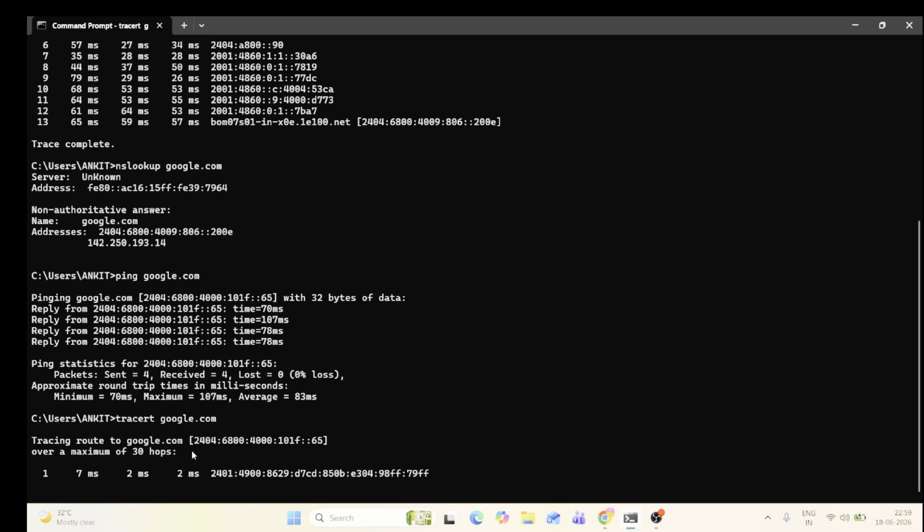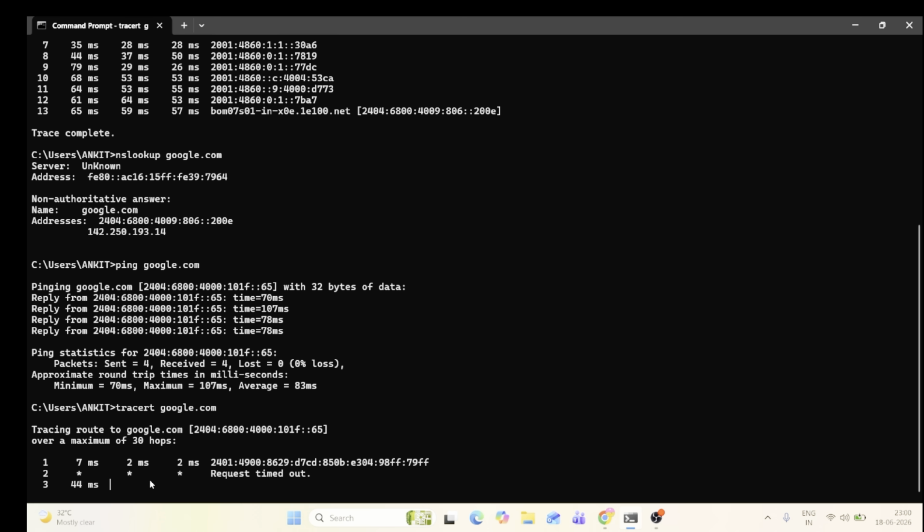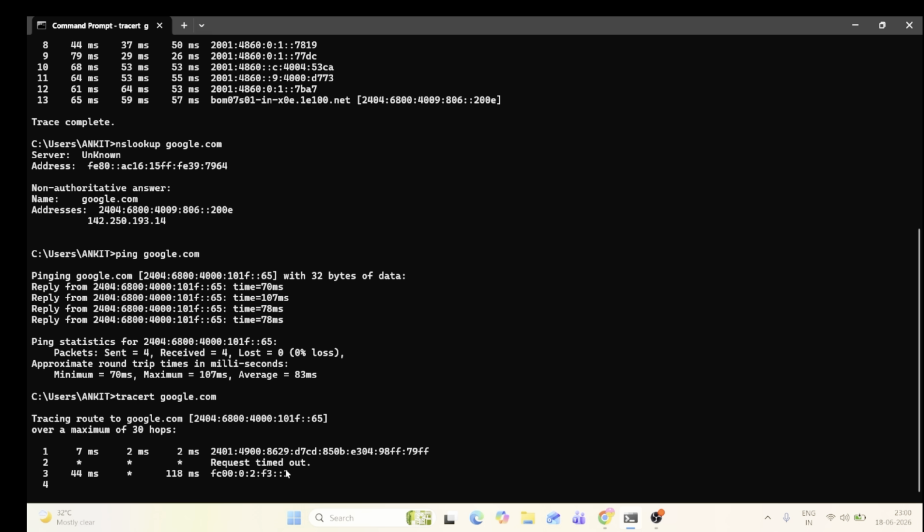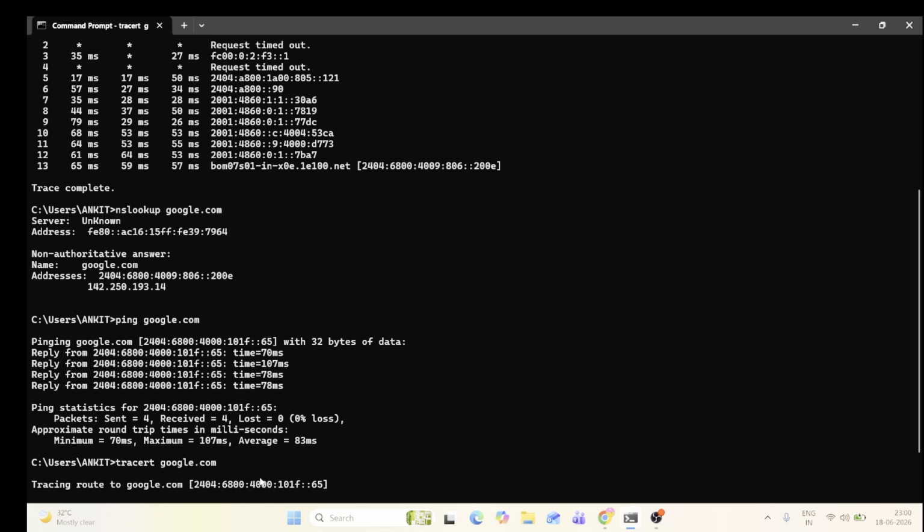It will give us the tracing route, showing how many hops we are taking. Like here 7 ms, 2 ms for this particular signal. Here it has mentioned request timeout. It doesn't mean that it has failed. It is showing that it is not available. So this is the way you can see